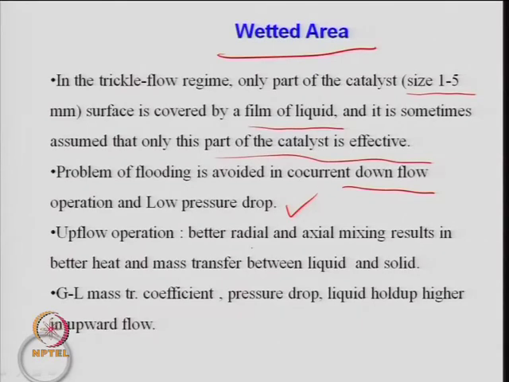Upflow operations are advantageous because the trickle bed reactor has a problem in terms of axial and radial dispersion, because it is a downward flow. So, there will always be a kind of wall flow, and there will be a kind of axial gradient in this direction of flow. There will be a gradient of concentration, there will be a gradient of temperature, because there is no mixer, no stirrer. And there is a radial gradient in terms of concentration and temperature, and the particle is larger in size. So, more thermal gradients will arise, more concentration gradients will arise. That will be an issue in the downflow trickle bed reactor.